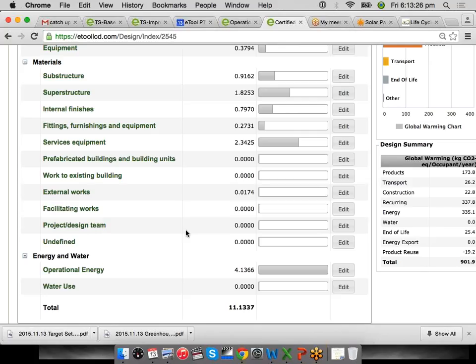I'm being optimistic. Have you got any experience in renovations? The examples you've shown here have been new from the ground up. Yeah. But from my perspective, 95% of the buildings